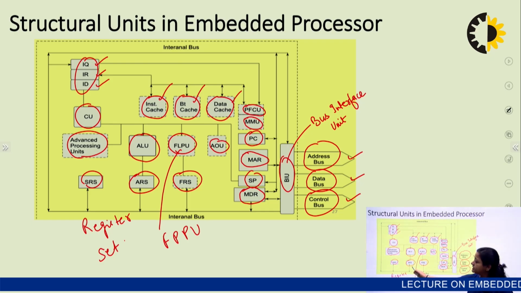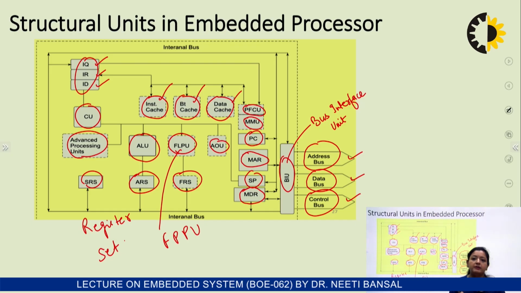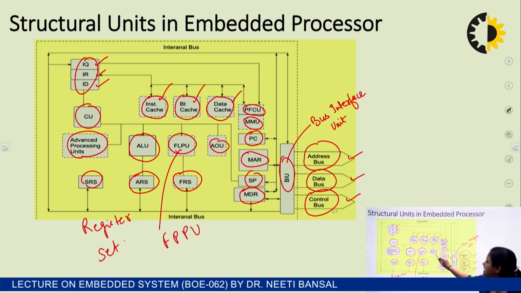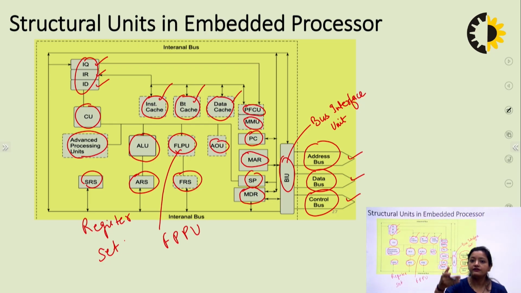Then we have the register associated with ALU, this is called application register set. This is mandatory, this is not mandatory. This is a particular unit which has to be present in all the processors, whereas floating point processing unit and FRS will be present only in some advanced processors. Then we have atomic unit. Atomic operations unit is also present in some advanced processors for performing atomic operations. Then we have program counter and stack pointer, important registers always present in all the processors. Program counter is used to hold the address of the next instruction to be executed sequentially in a program, and stack pointer is used to mark the top entry of your stack.